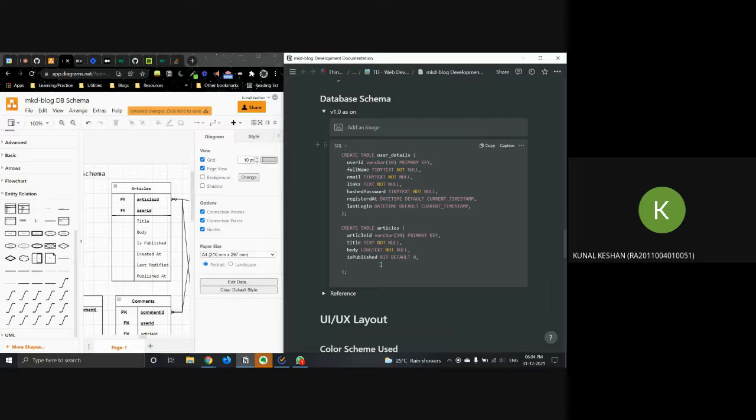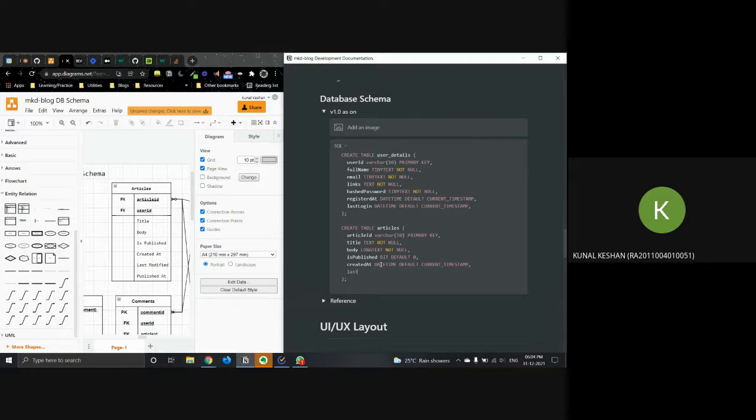After that, we have the created at, it is date type, default current timestamp, and then last modified, default current timestamp, and published it. Okay, and finally